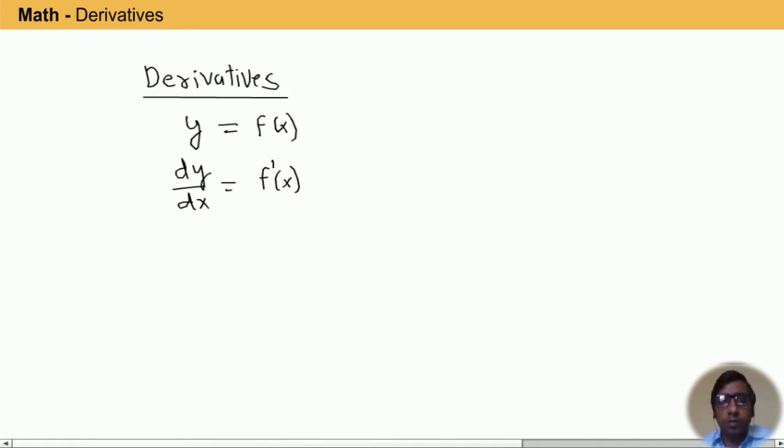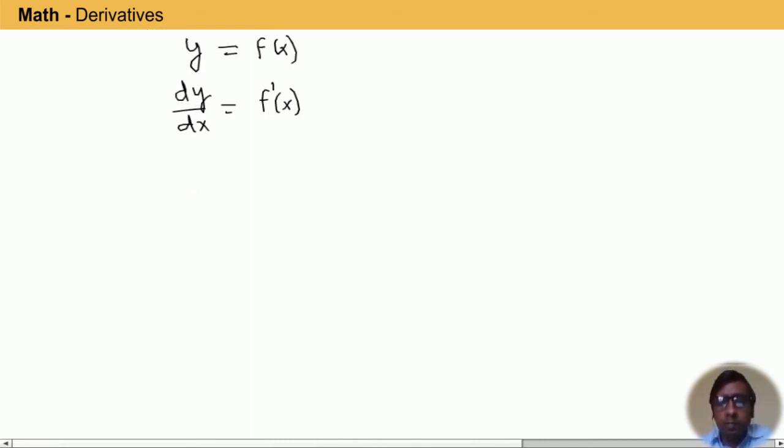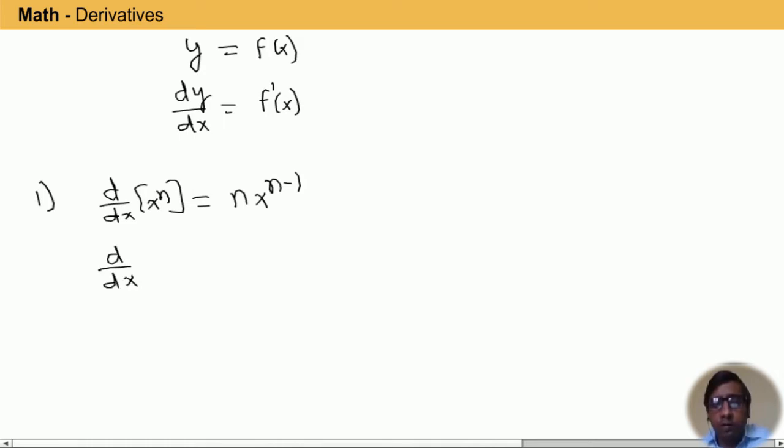Okay. So for different types of functions, we are having different formula. Like for power rule, we are having the formula d over dx of x raised to power of n, that is equal to n times x raised to power of n minus 1. So this is the first formula. For example, if suppose we have to find the derivative of x square, so this is equal to 2x. Like that we can apply. Similarly, the derivative of x cube, d over dx of x raised to power of 3, that's equal to 3 times x square. Similarly, we can use for some other function.